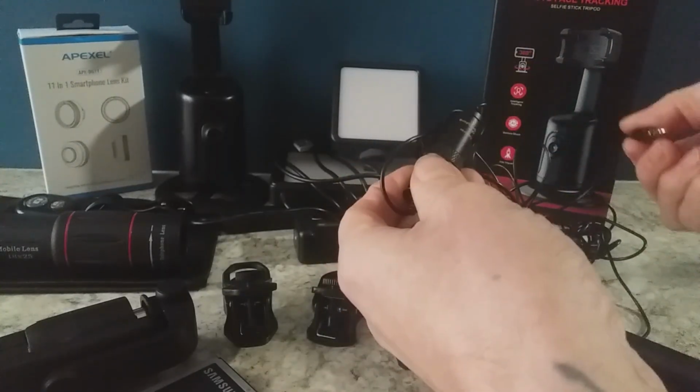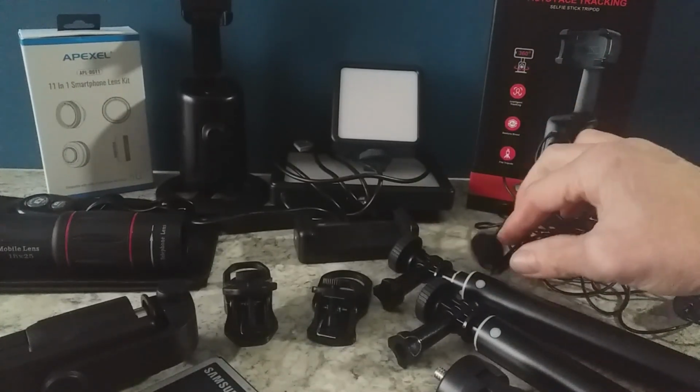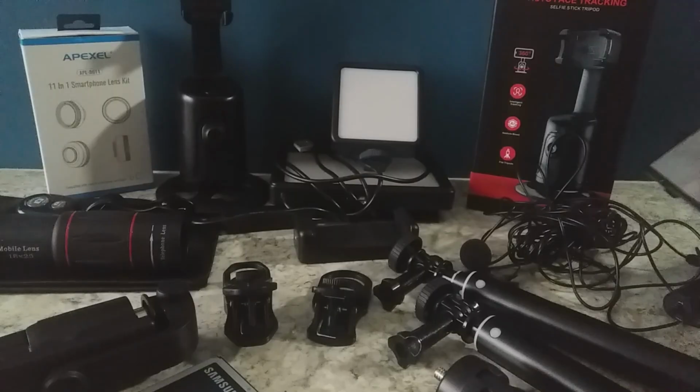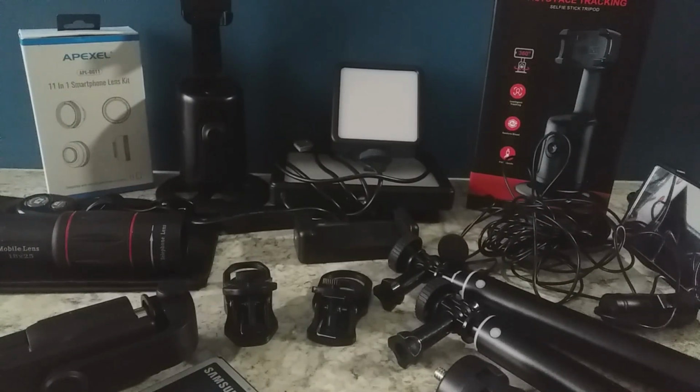And that's got a 3.5 jack, so that plugs directly into your smartphone and makes life very, very easy. I have used it on occasion, and no doubt I will in the future, but I like the sound. The sound on this I find fine. It's just my phone, as I say, it's an old phone. But